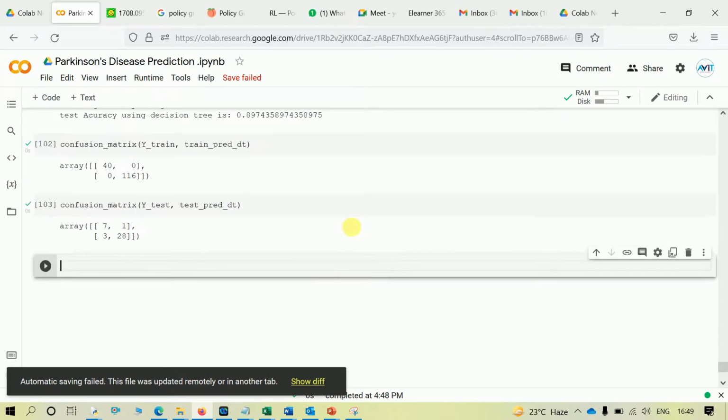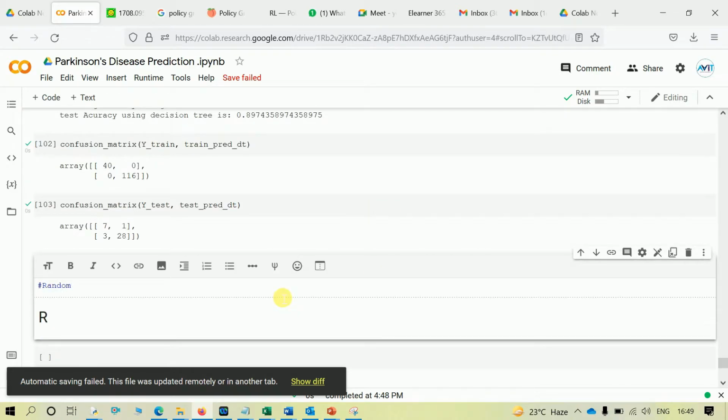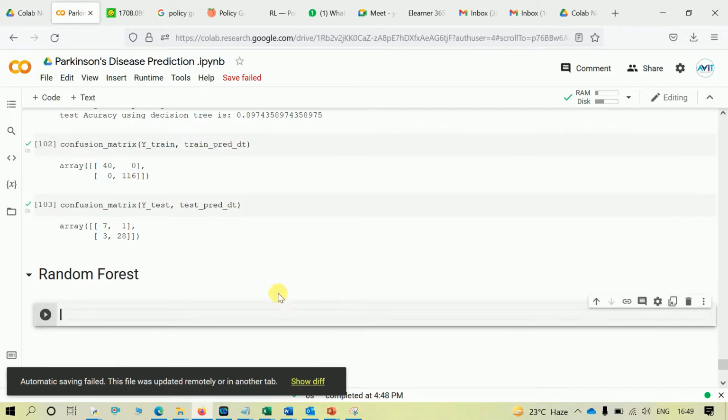These tree based algorithms are very good for classification tasks. Yeah, random forest is an ensemble technique. It creates many decision trees and then looks for the best one suited for our result, for our data set. Okay, so let's write the code for random forest.